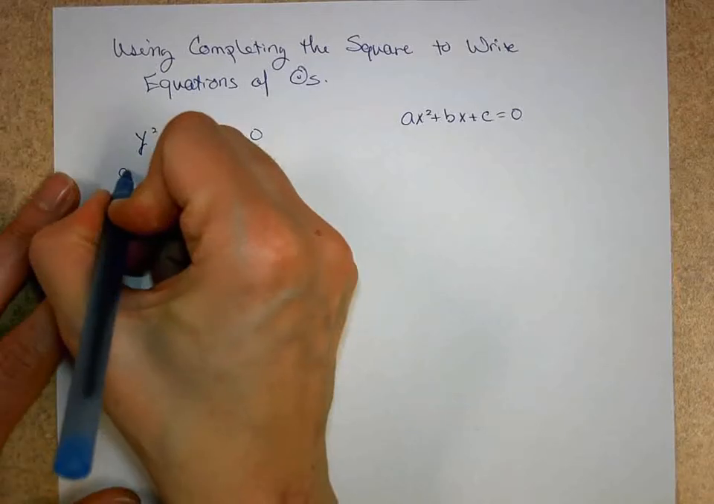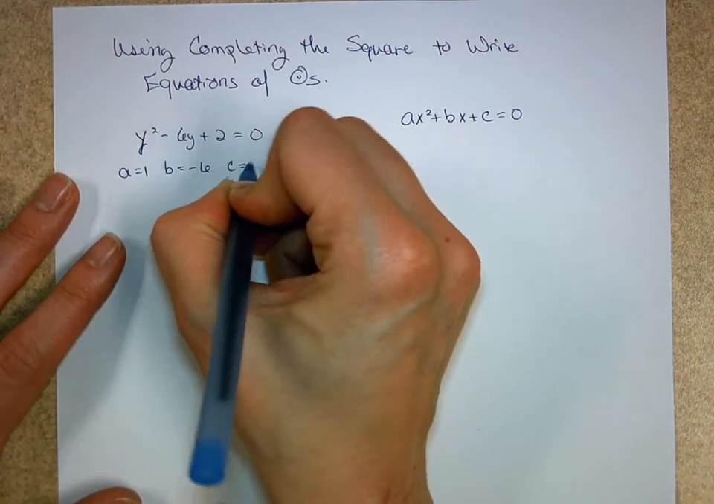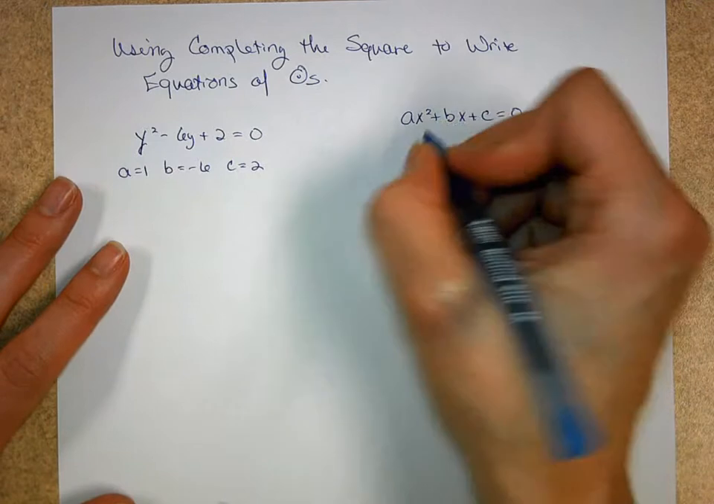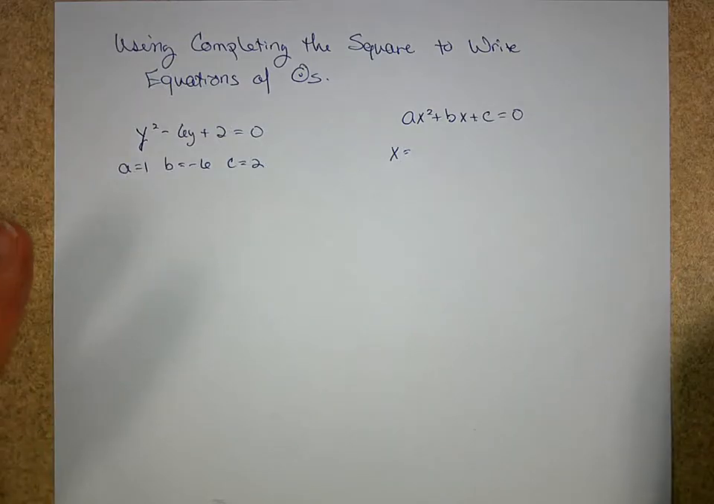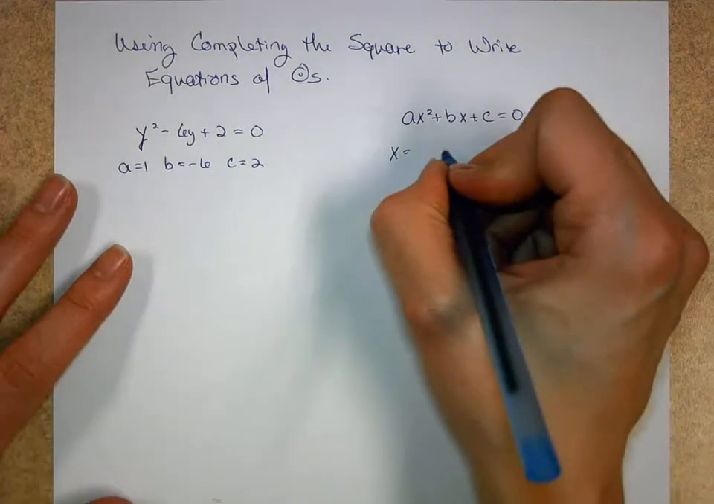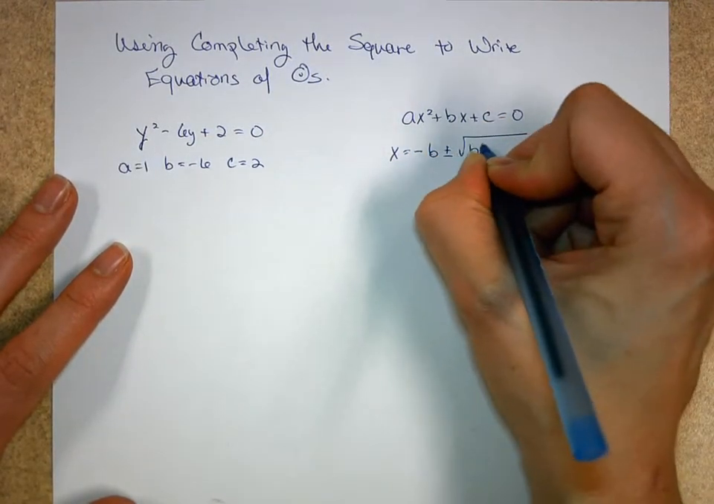And so what is my A? My A is 1, my B is a -6, and my C is a +2. And we put it in our quadratic equation, and this is the one you sing. X equals negative b plus or minus the square root of b squared minus 4ac all over 2a. So hopefully you had memorized this